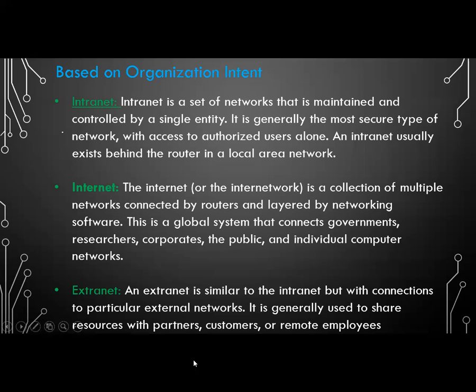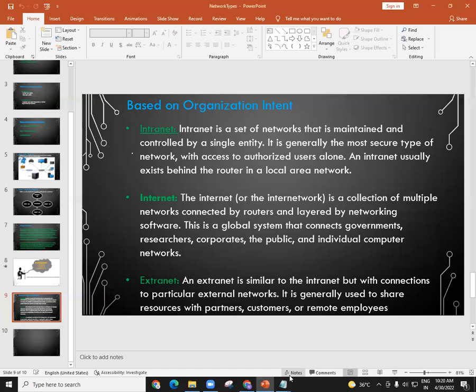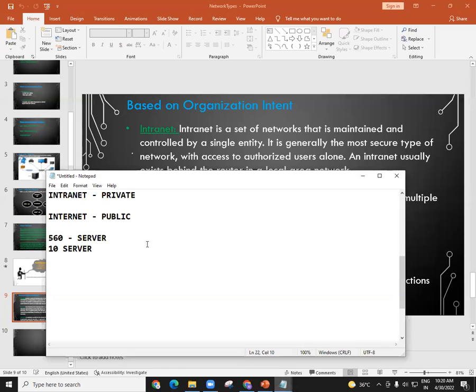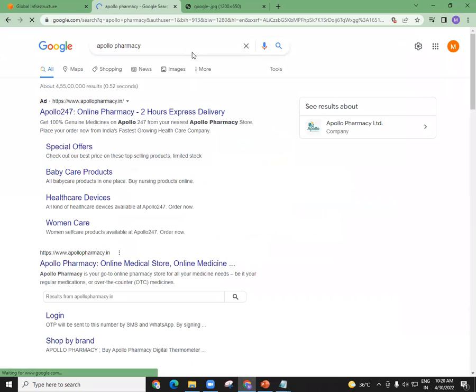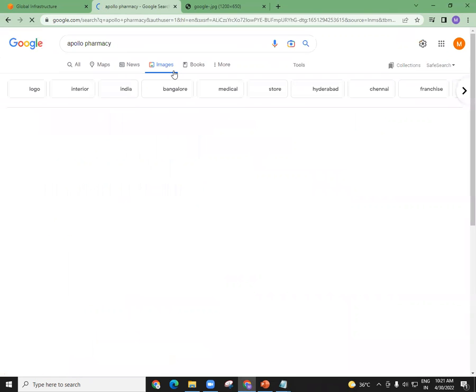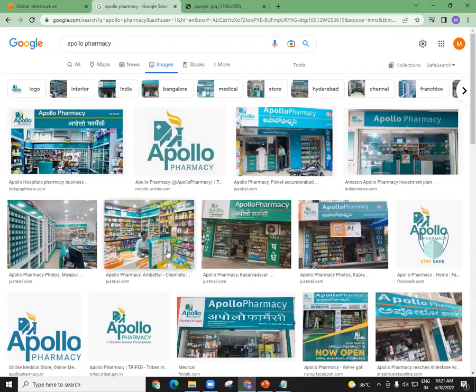Now, there is one more terminology here that is called extranet. Let us see what this terminology, extranet, is. Very interesting again. For example, in India, we have Apollo pharmacies. These are very famous. There can be hundreds of Apollo pharmacies within your city, wherever you're located. So if you take a prescription and go to any one of these Apollo pharmacies,